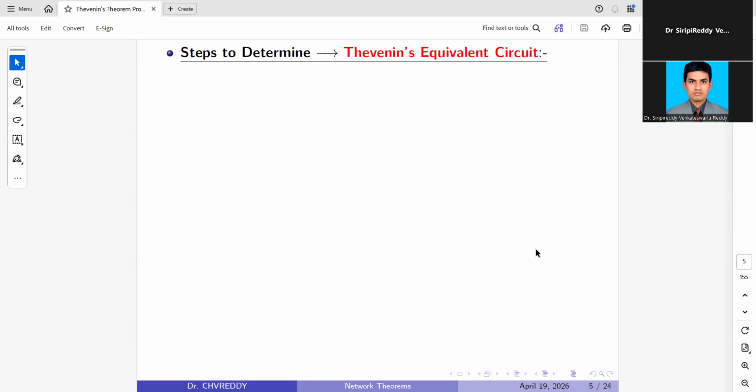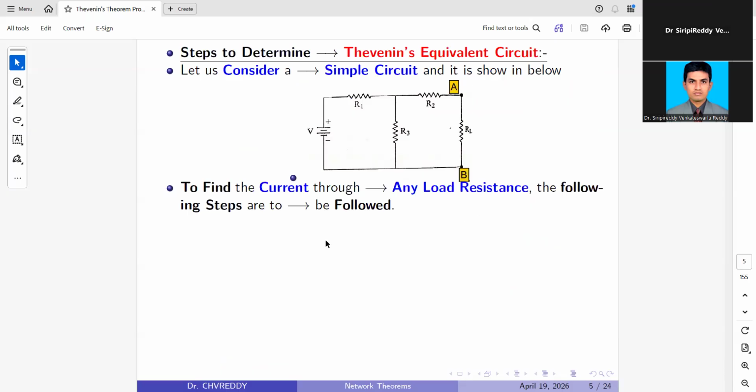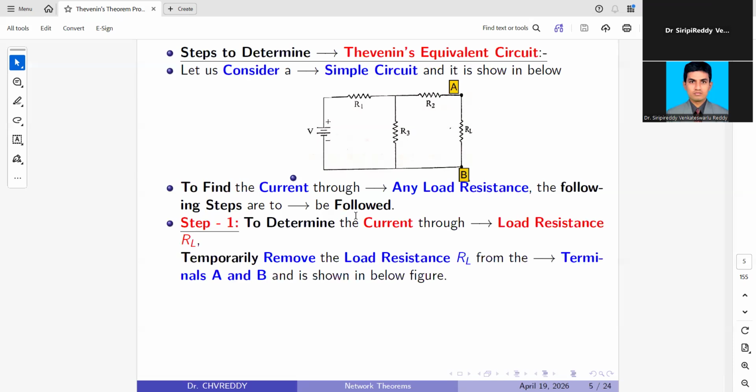Next we will see what are the steps we are going to follow in order to determine the Thevenin equivalent circuit. Let us consider a simple circuit, shown in the figure below, to find the current through the load resistance. The following steps are to be followed. Step one: to determine the current flowing through this load resistance, we have to find